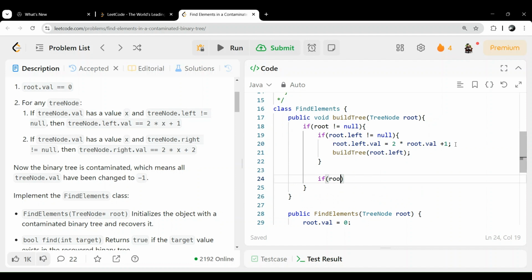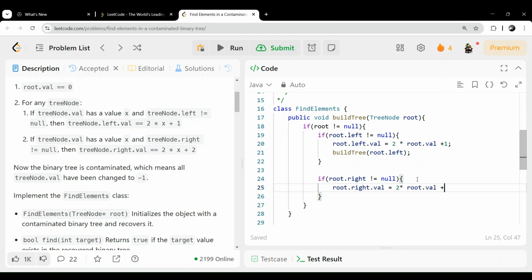Again for the right, if root.right is not equal to null, then root.right.val will be 2 * root.val + 2, and we also call the same method, build tree, with root.right.